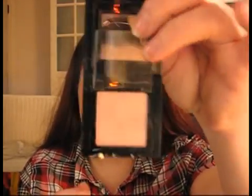We're going to be putting a bit of highlight on the brow bone, and I'm using Ballet by Bobbi Brown, and I'm just going to gently,